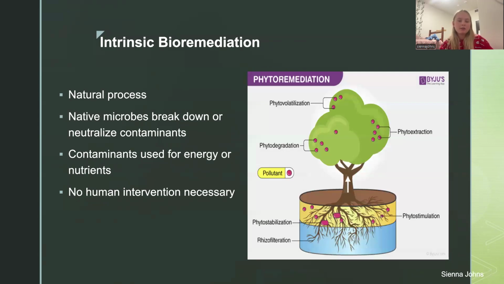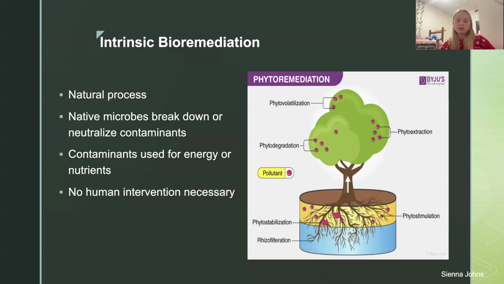Another type of bioremediation is intrinsic bioremediation. Intrinsic bioremediation is a process where indigenous microorganisms in the environment degrade or neutralize contaminants without human intervention. It relies on the native microbial communities that have adapted to break down pollutants over time, using them as energy